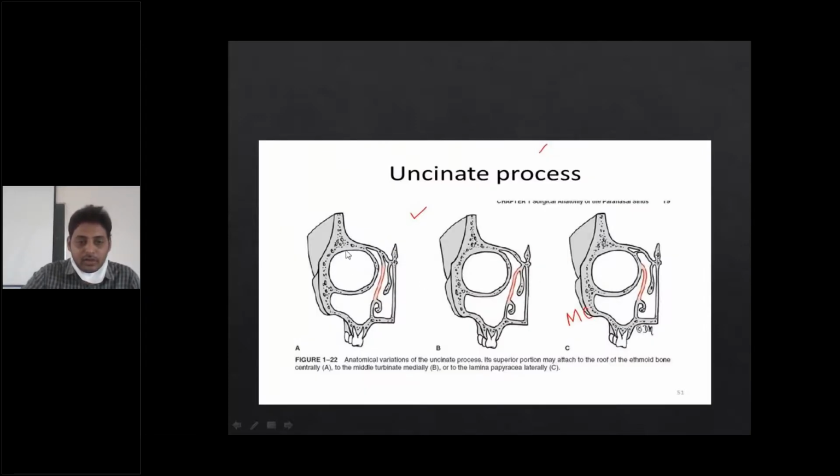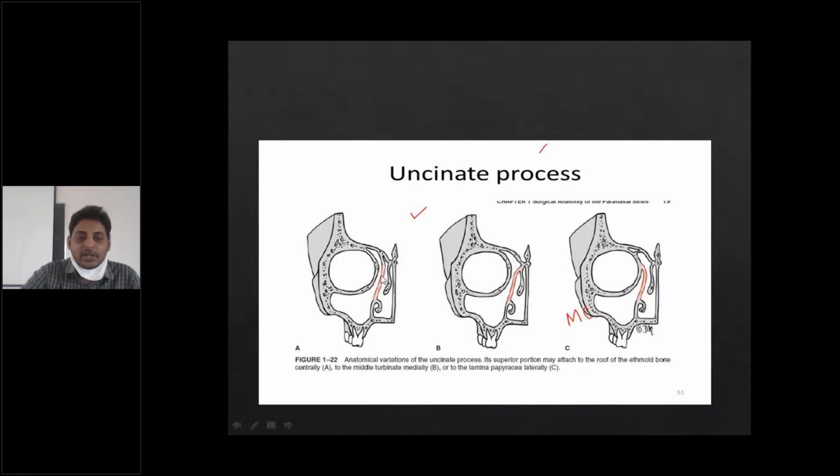See, this is the orbit. Hope you all are able to see here. This is the orbit, and this is the midline of the septum. And here comes the frontal bone and frontal sinuses. So this is a maxillary sinus, the point where I'm showing. This blackish structure is known as the inferior turbinate bone, which is a separate bone, and this is the middle turbinate bone. And this red colored structure which is coming from the inferior turbinate bone is known as the uncinate process. It's a sickle shaped bone, a very thin bone.